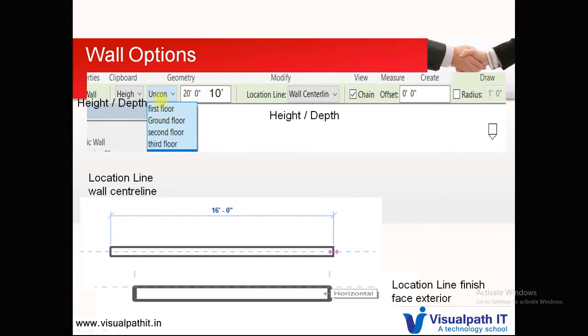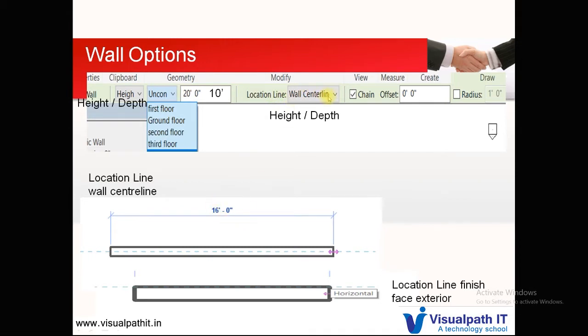So from which floor you are going to model, which is your base floor, and up to which floor you are going to go. You can go up to the third floor also, but since normally the walls are created floor by floor, we said it is the first floor. Top of our wall lands on the first floor, so we'll say first floor, and the height is 10 foot. So you need to define here 10 foot. First set that, and then we will have the location line.